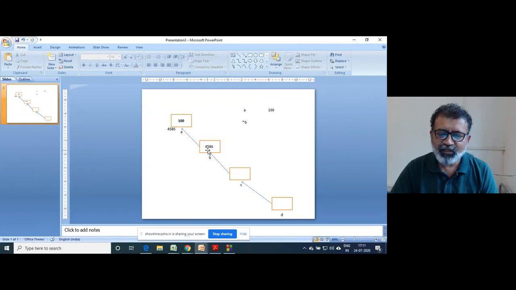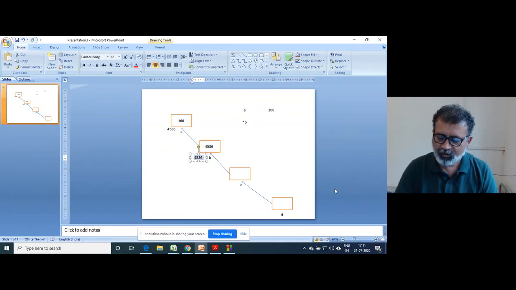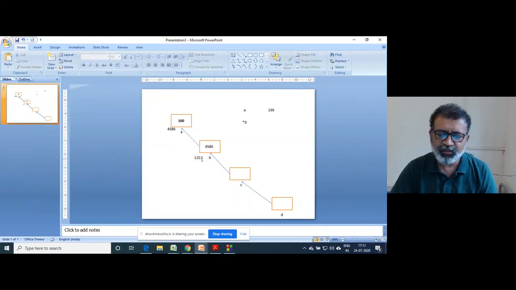That's why the address of a is stored in b. But b has its own address, which is a separate memory location. That might be something different. Suppose this is 1212. We don't know anything.